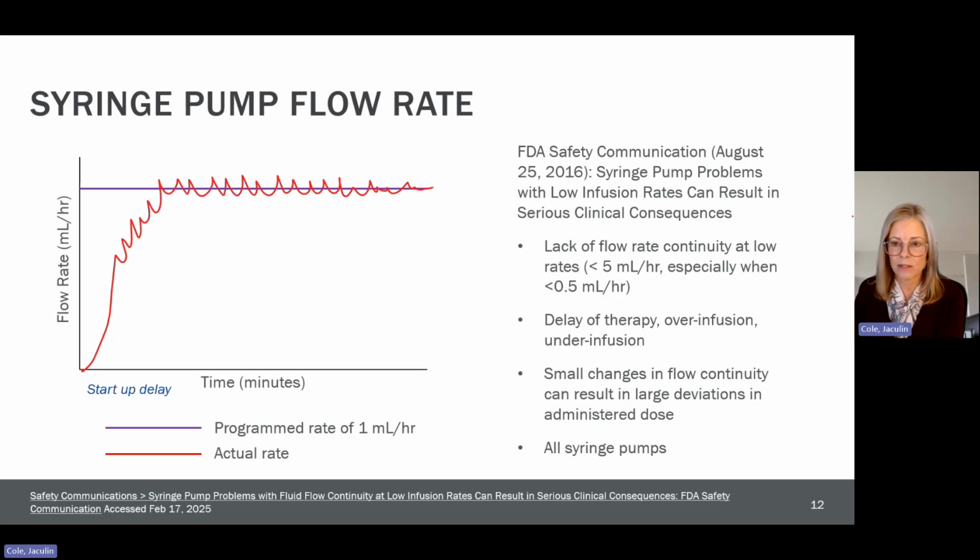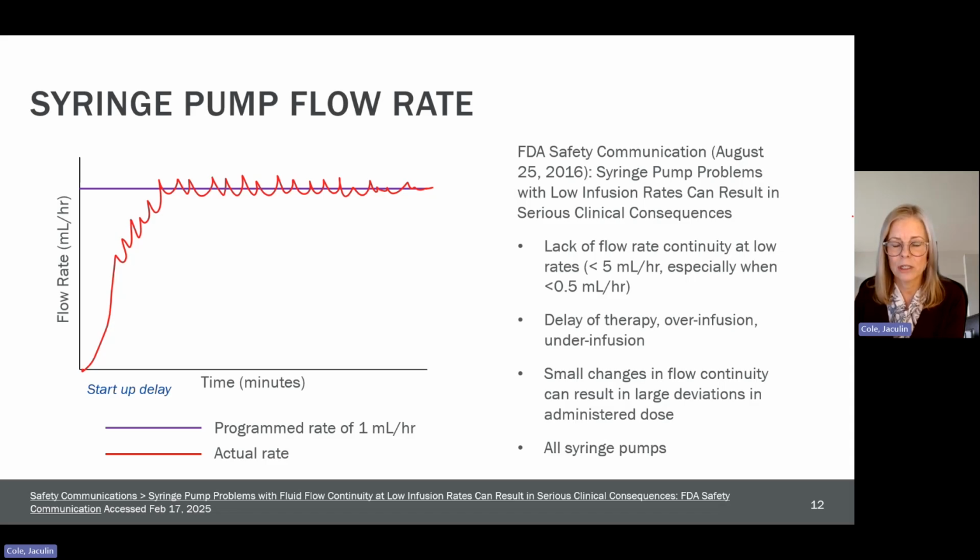And this was evident by the adverse events that were reported to the FDA. And these adverse events included reports of unstable blood pressure, anxiety from loss of sedation, and increased pain indicators in critically ill infants with low flow rates. So the FDA concluded that the benefit of syringe pumps outweighs the risk, but that users needed to be aware